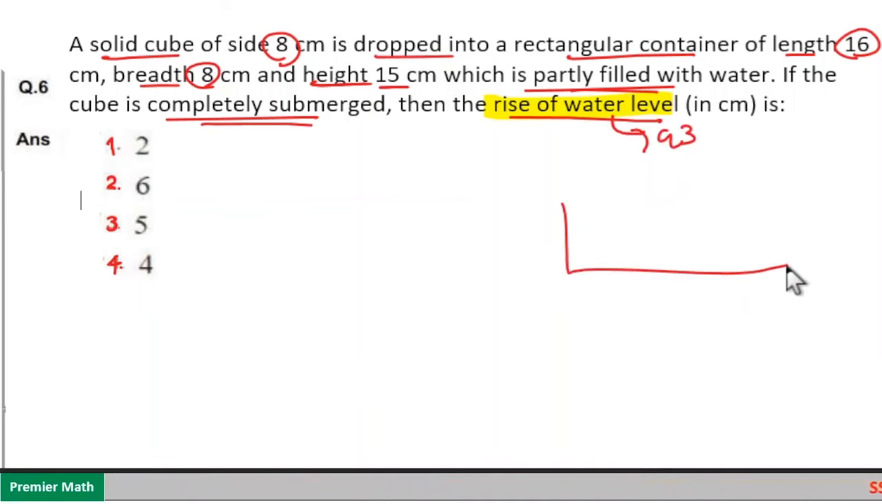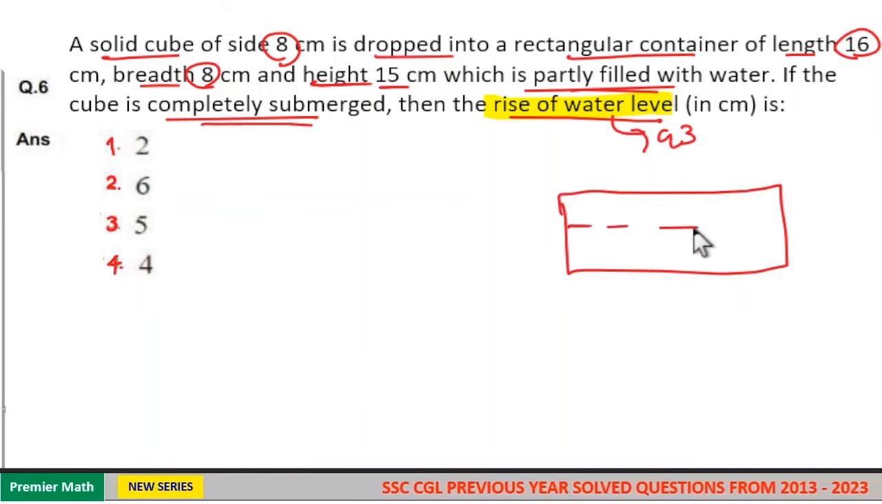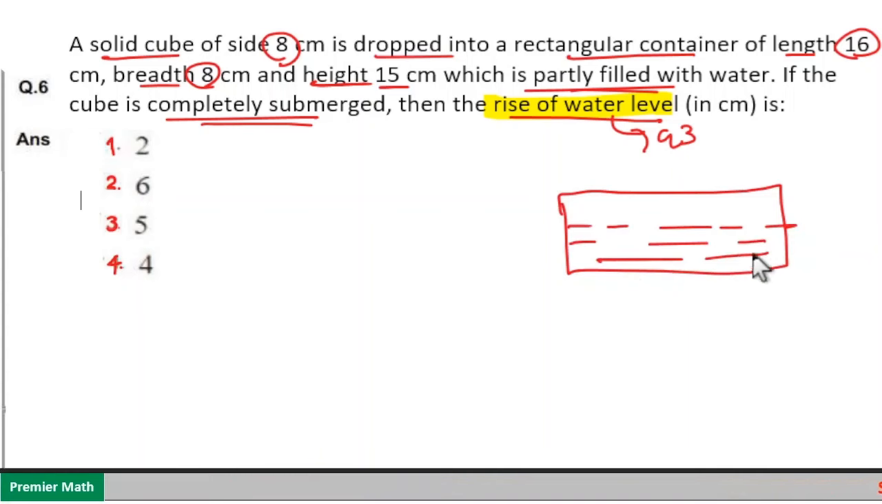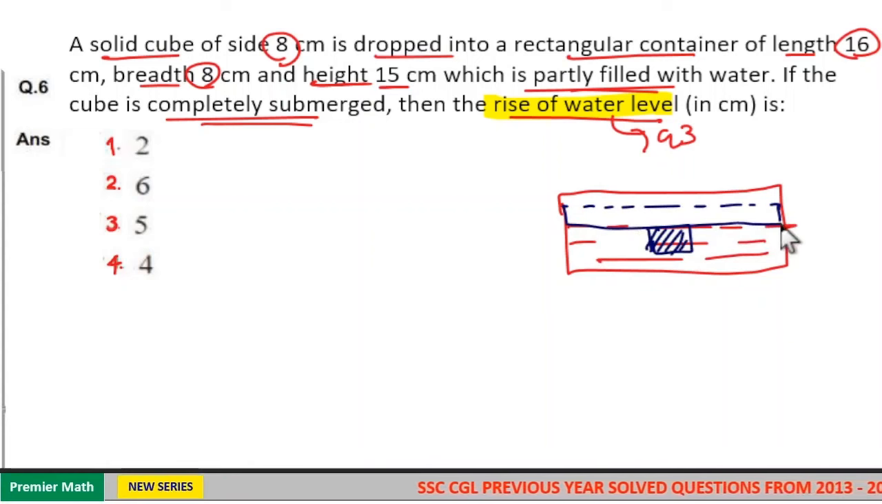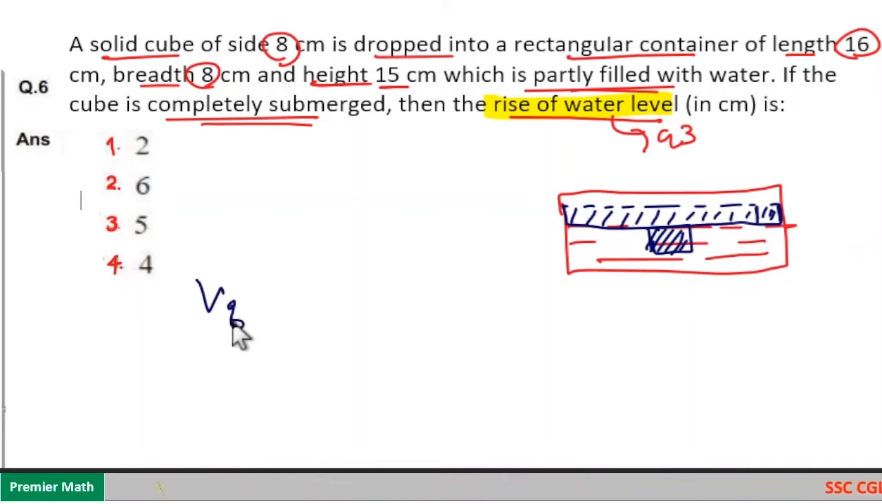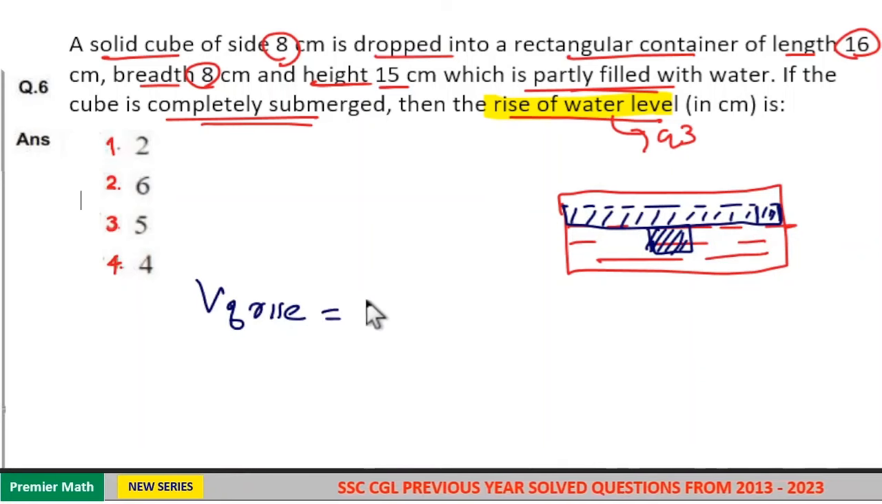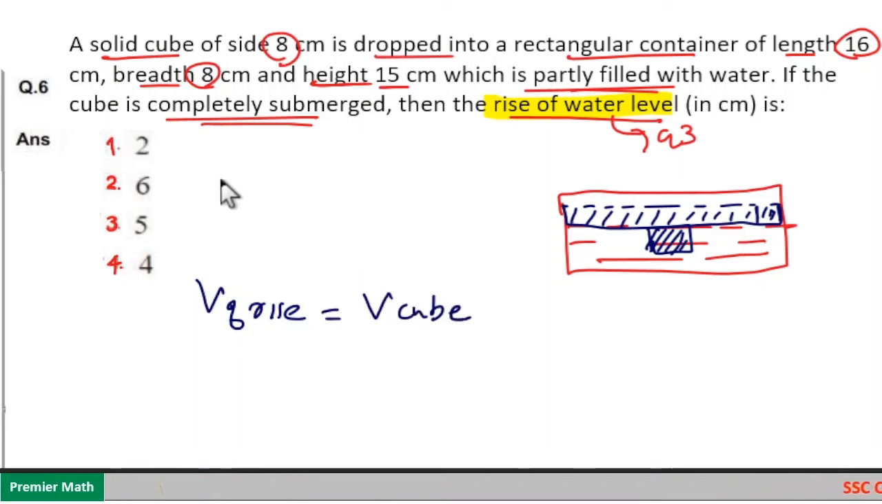Here this is the rectangular container and this is partly filled with water. Now a cube is dropped into it and it is submerged, which means the volume of this cube is equal to the rise of water level, that is volume of the rise. Now this is the rise and this is height h, and this volume of rise is equal to volume of cube, which means cube volume is equal to A cube, which is 8 cube,